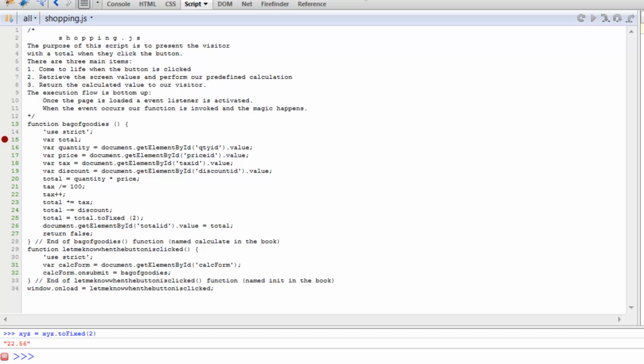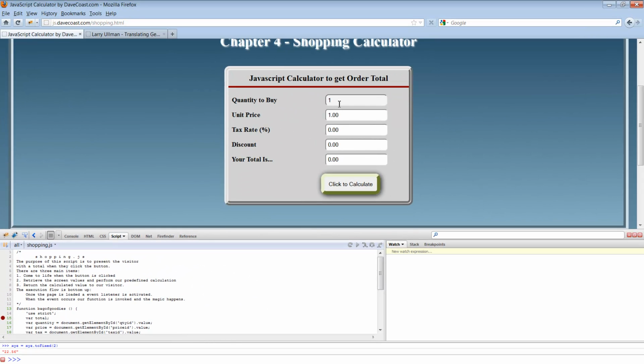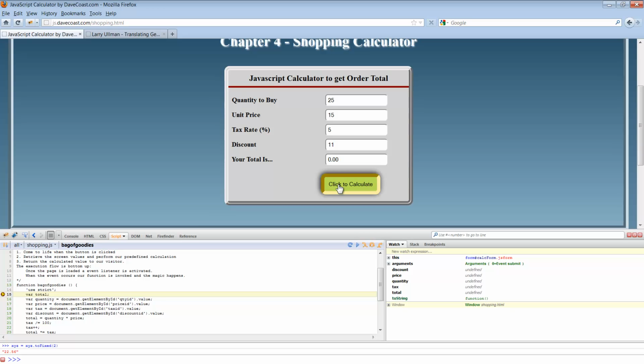So now that I have a breakpoint set there, we can interact with our page. Let's put in some values. I'll put in a quantity of 25, a unit price of 15, a tax rate of 5, a discount of 11, and now I will click to calculate,